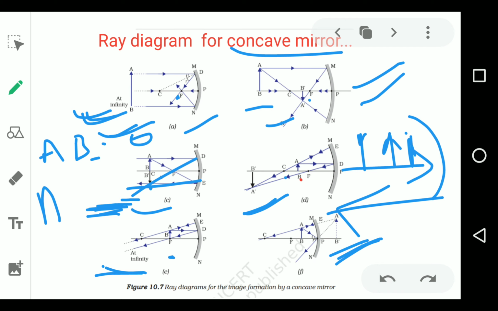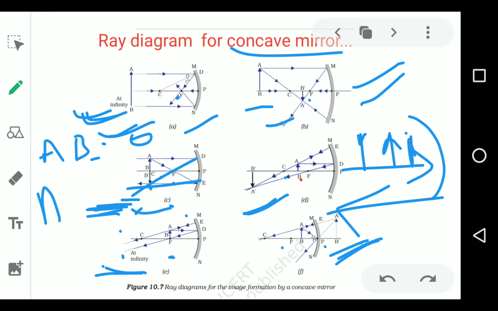Okay, so in the next one also you can see the image is getting formed at infinity, somewhere which is not inside the circular curvature of the mirror, but it is in front of the mirror, so it is known as a real image. Okay, and AB, here you can see this is the object and it is placed at F, so the object position is at F. In the last one, the object has now come very close to the reflective surface, so it is now placed between the pole and the focus. Okay, so AB is the object.